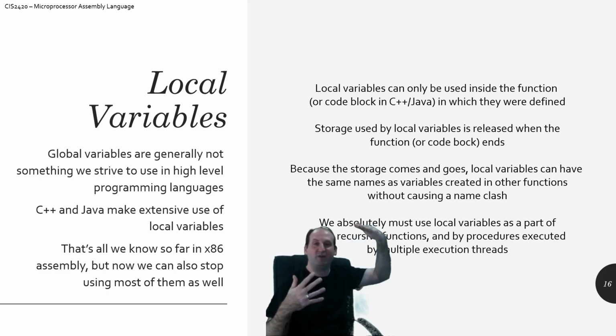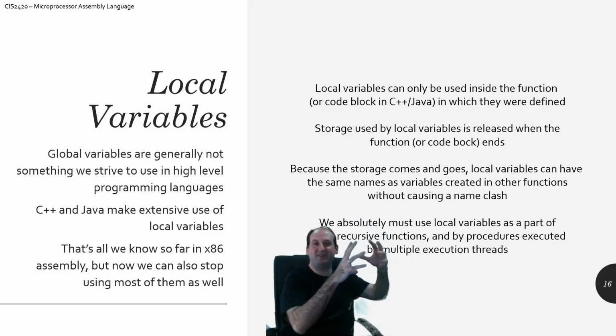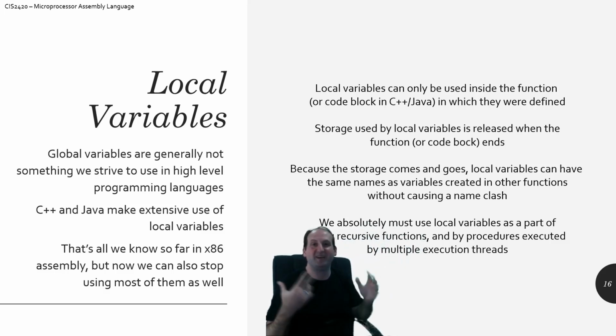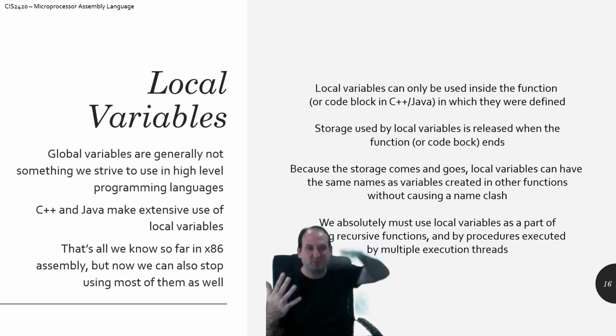If you're unwinding the stack, then you can't guarantee the validity of the data stored above whatever the top of the stack is. So it makes sense that you can't access that information anymore. There's very solid reasoning why that works. Storage is released when the function or code block ends. I think I just described that. Because storage comes and goes as your stack is winding and unwinding,